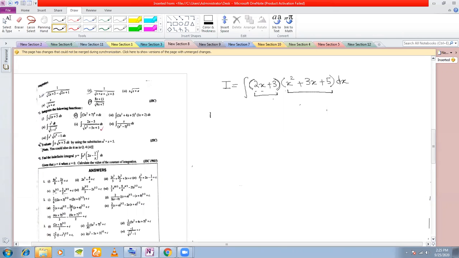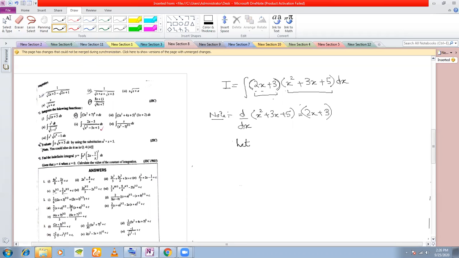Okay, so let's see. We differentiate x square plus 3x plus 5. You differentiate this and you see that you are getting 2x plus 3. So these two things came into your mind, and you also check that when you differentiate the higher degree term, you are getting the lower degree term. So therefore in this what you do is, you can do directly.